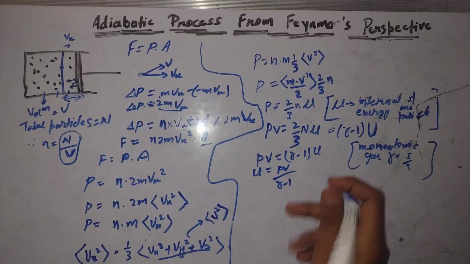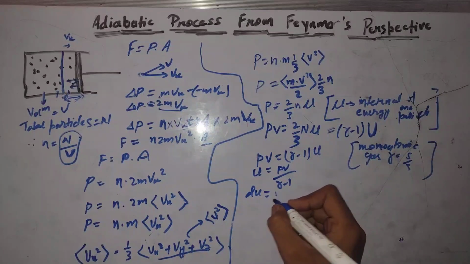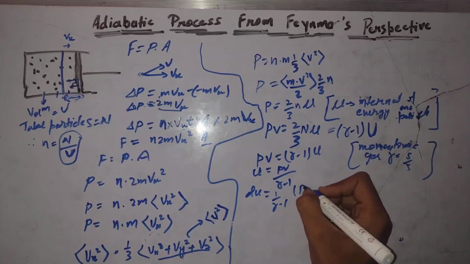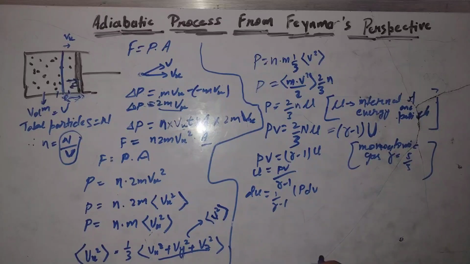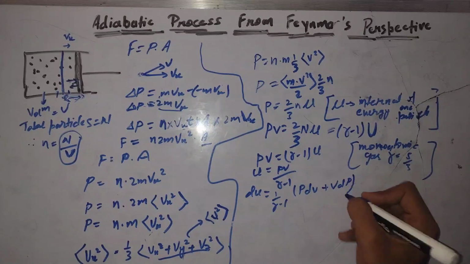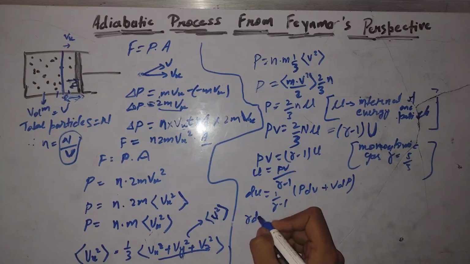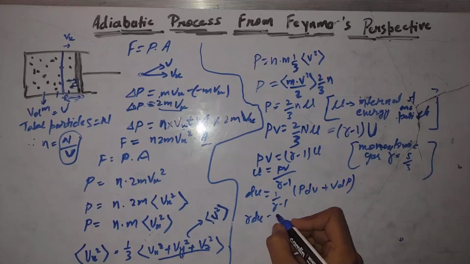And dU would be 1 upon (gamma minus 1) times PdV plus VdP, as I am partially differentiating this. This gamma minus 1 will get multiplied here, a simple mathematical operation called cross multiplication. So this will be gamma into dU minus